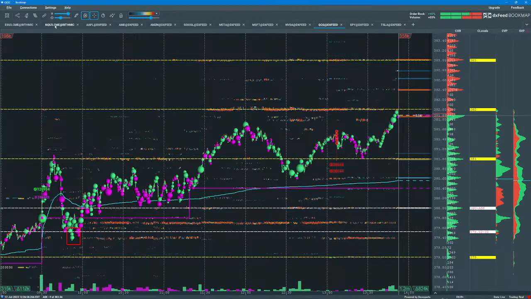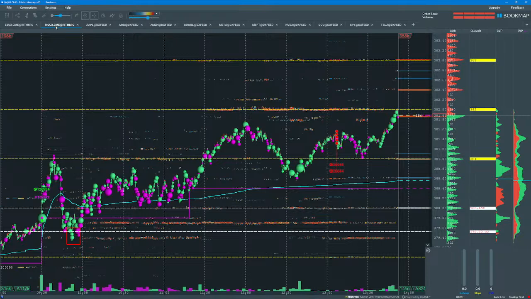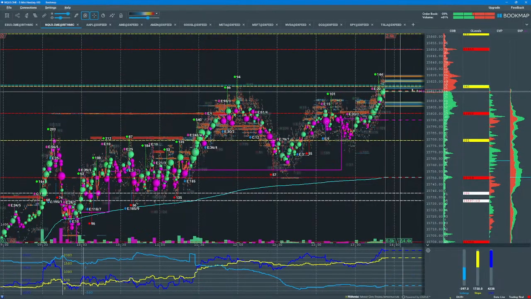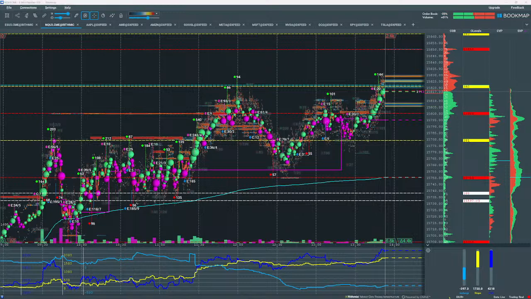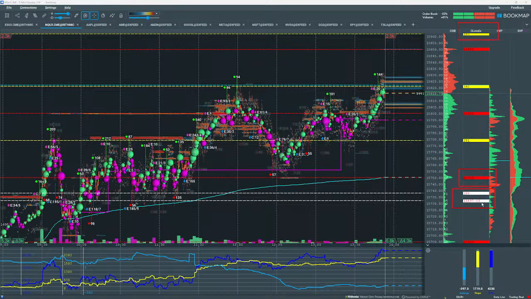All right, so let's go back to the Nasdaq chart. And for the Nasdaq, I have my cloud notes as well. So I'm showing the big round numbers for NQ, the zeros and the 50s. Also the QQQ levels and also NDX QQQ combo levels. So that's what those two white lines are right there.